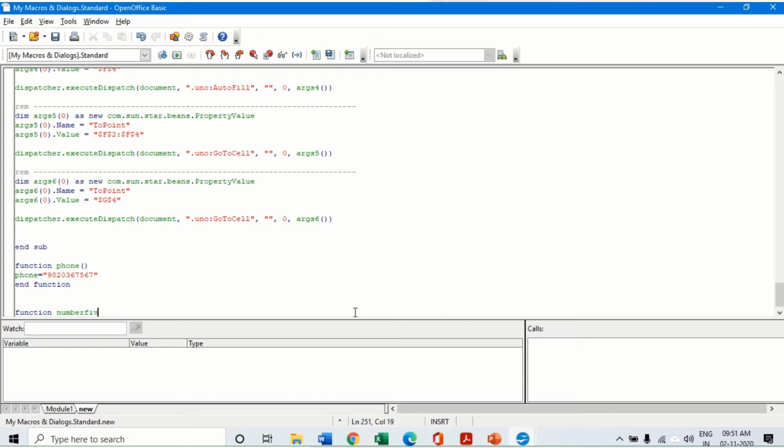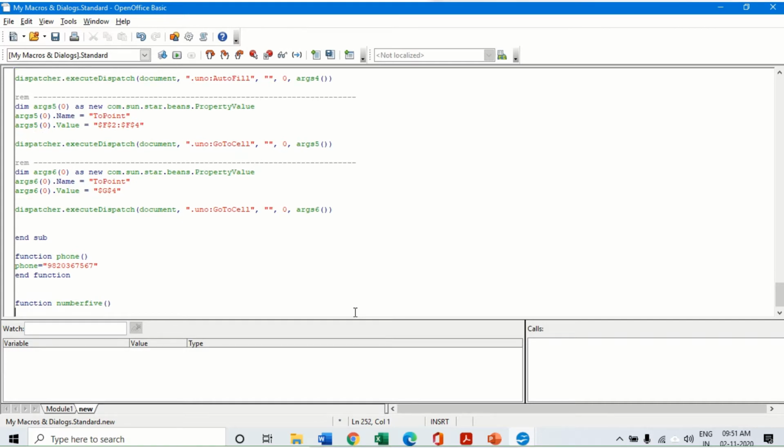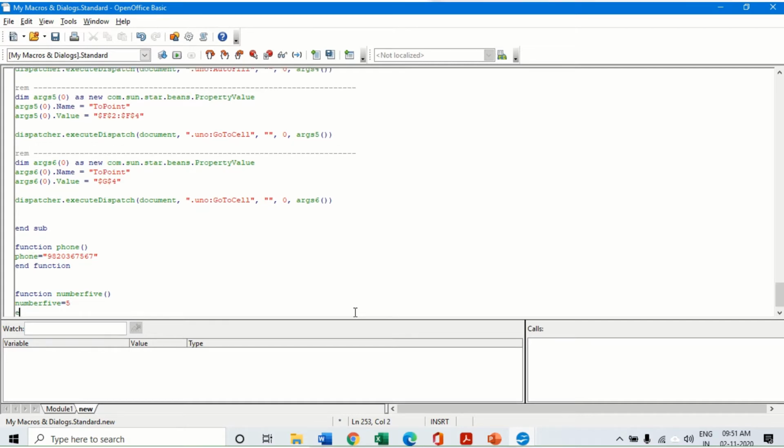I'm just giving the name number 5, open and close parentheses. Then here number 5 is equal to only 5, and End Function.